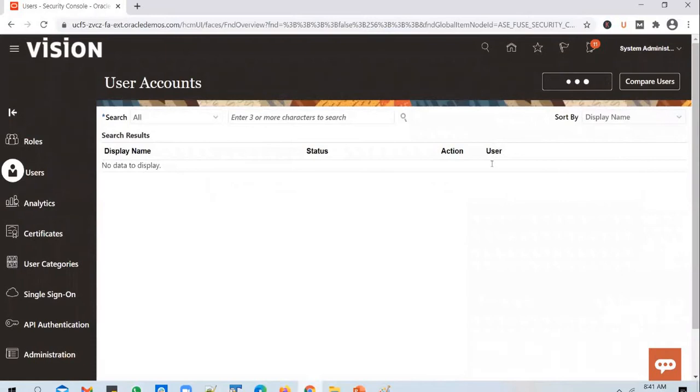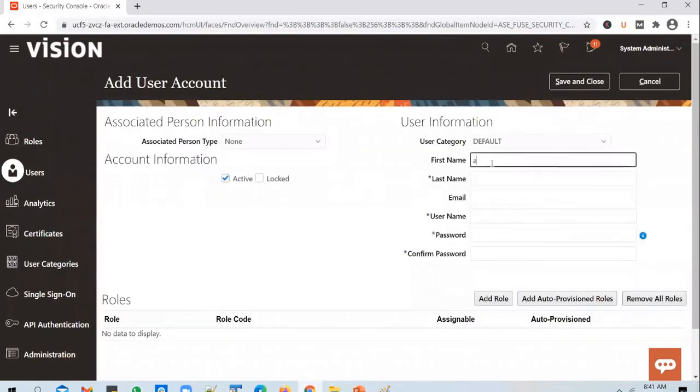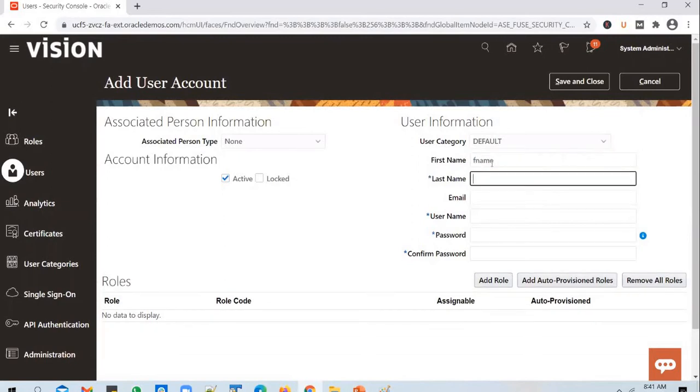Let me create it one more time. If I say first name dot last name, you could see that the username is auto-generated and there is a specific pattern to it.